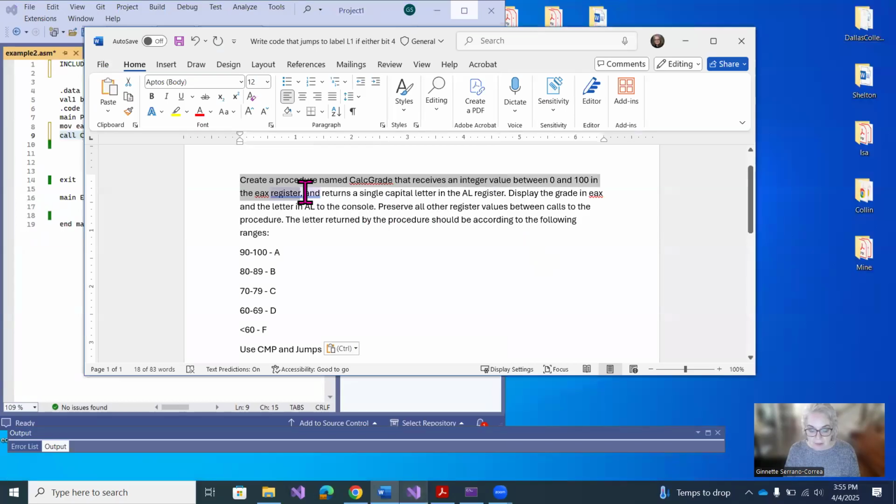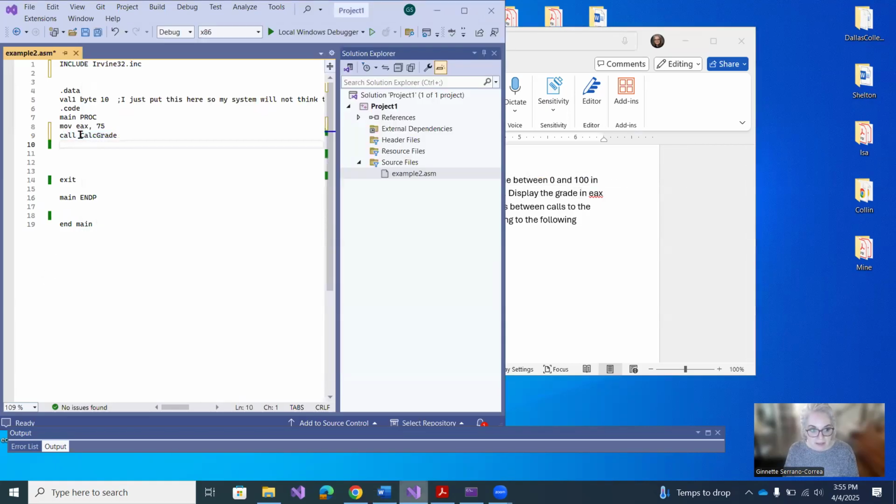So it means that you're not moving the 75 inside the procedure, you move it before you call the procedure. And then it says that this procedure will return a single capital letter in the AL register. You're going to display the grade in EAX and the letter in AL. Since AL is getting returned, that means that inside calc grade, when you create calc grade,